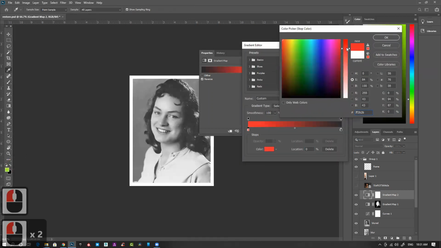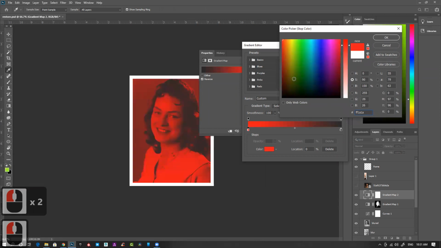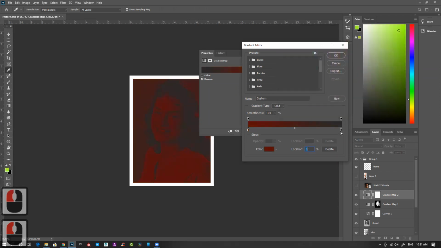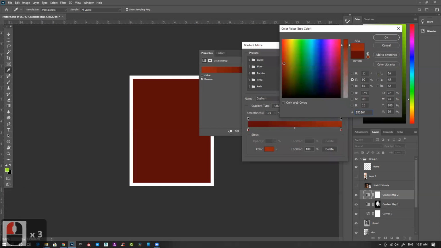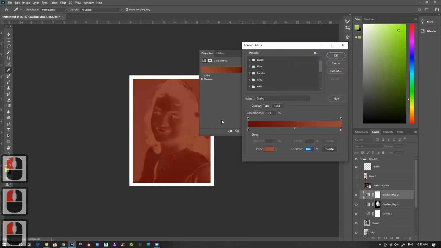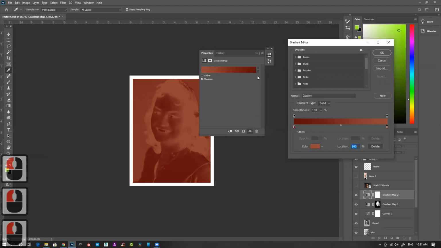And this is for the top. So let's make it a bit more reddish, and click here and take the same red color and make it a bit lighter, or maybe slightly lighter. So here you can see what happened because I reversed it. So now it's again showing the reverse effect.